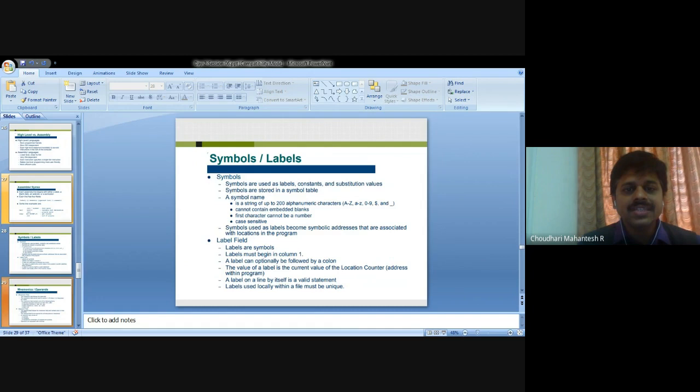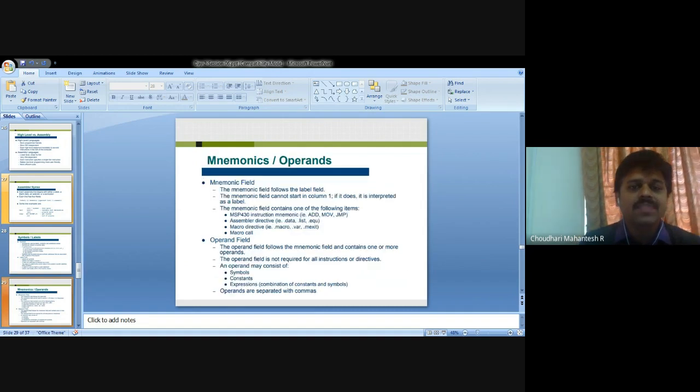Next, we have mnemonics and operands. The mnemonic field follows the label field. The mnemonic field cannot start in column 1, or it is interpreted as a label.